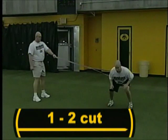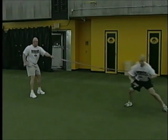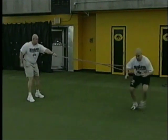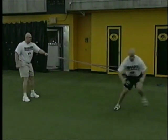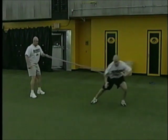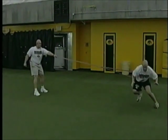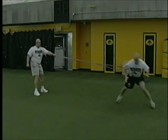Now we have two bands tied together in an exercise that we call a 1-2 cut. This is a very advanced movement that requires some explanation. The benefit of this exercise is when the athlete is pulled towards the coach and loads his right leg in this drill, or his near leg to the coach. Being pulled at a higher rate of speed requires great body control in order to stabilize yourself and redirect off that leg that is near to the coach. We call it a 1-2 cut because the athlete is actually moving 1 step, 2 steps,